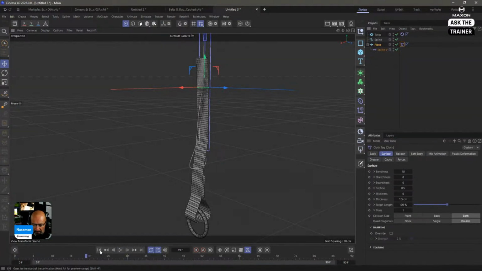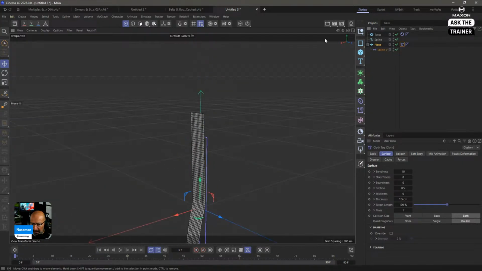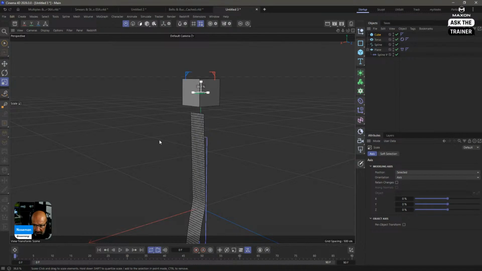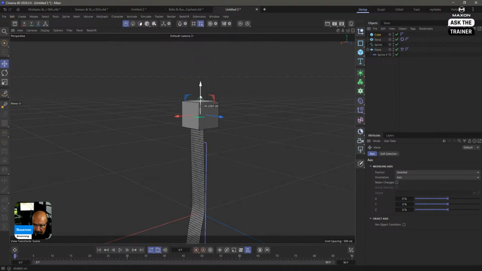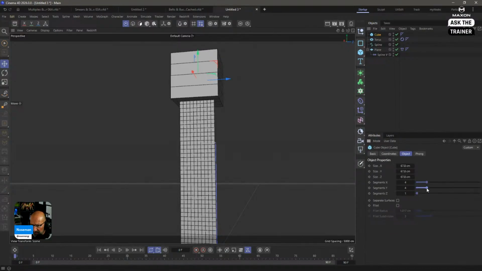Great. Let's pin this up here. My preferred way of pinning is to create an object, make it smaller, and add some subdivisions. We don't really need them, but I'm just going to add some.